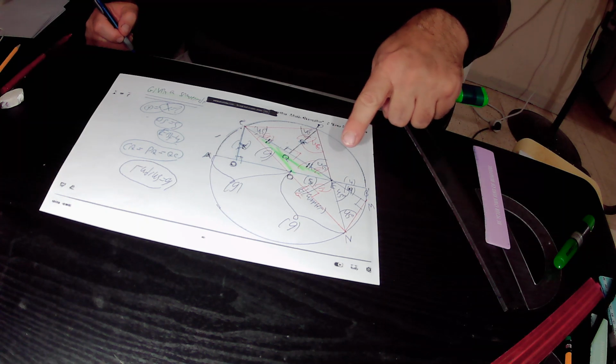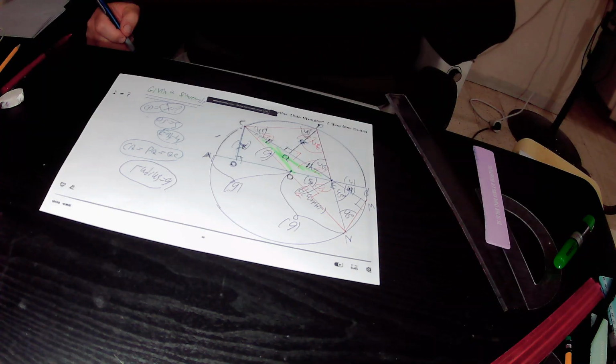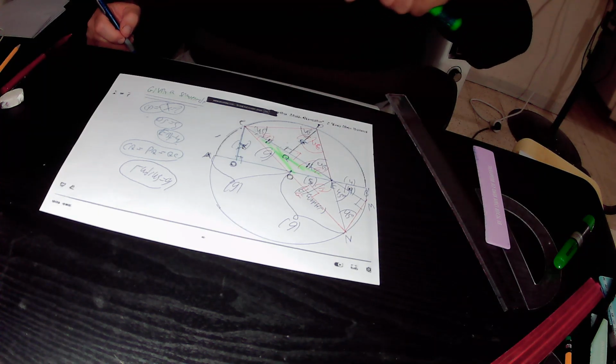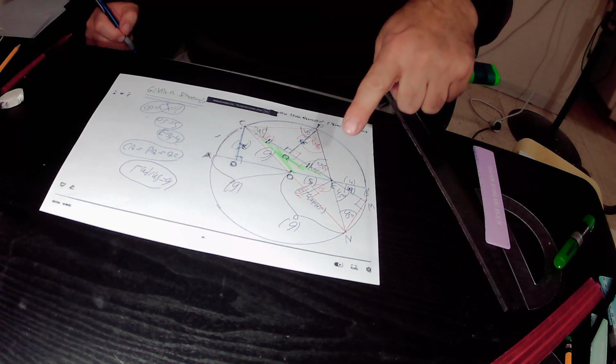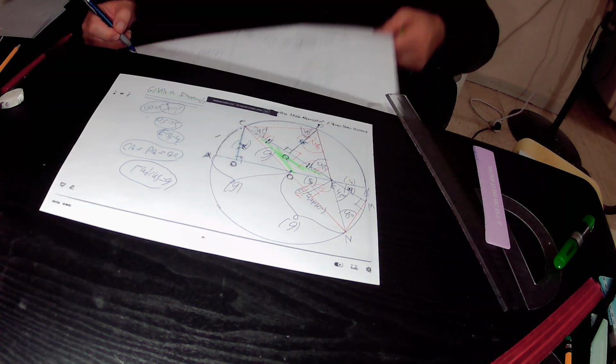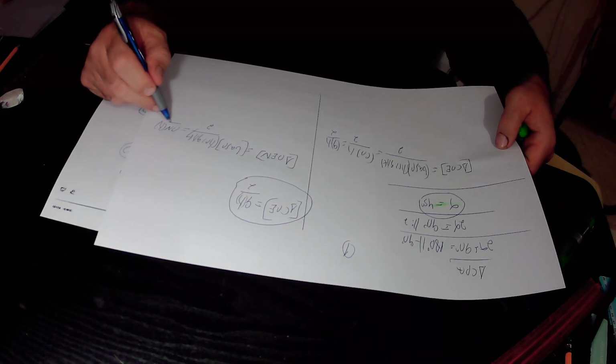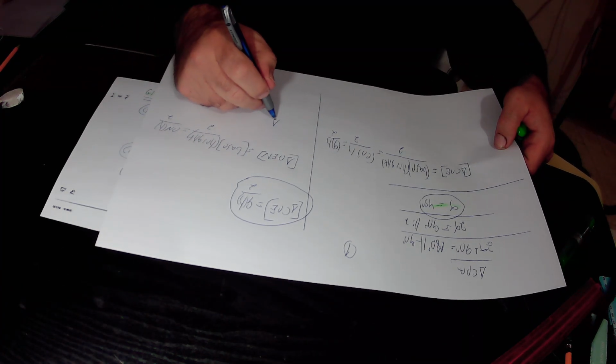Why? Because h is raised at 90 degrees to the base ON. This angle equals 90 degrees, and this angle also equals 90 degrees according to our construction. So the height to the base ON is h, over 2. So in total we found that the area of the lower triangle, triangle OEN,